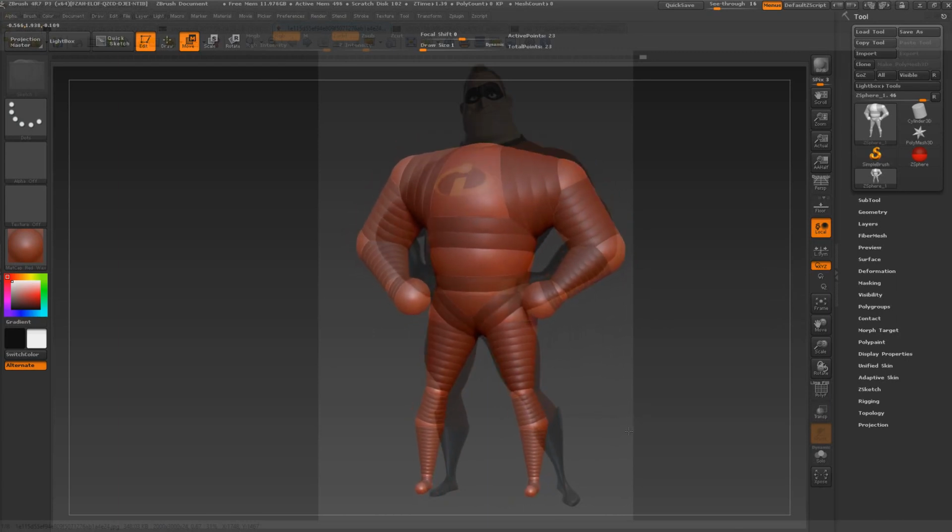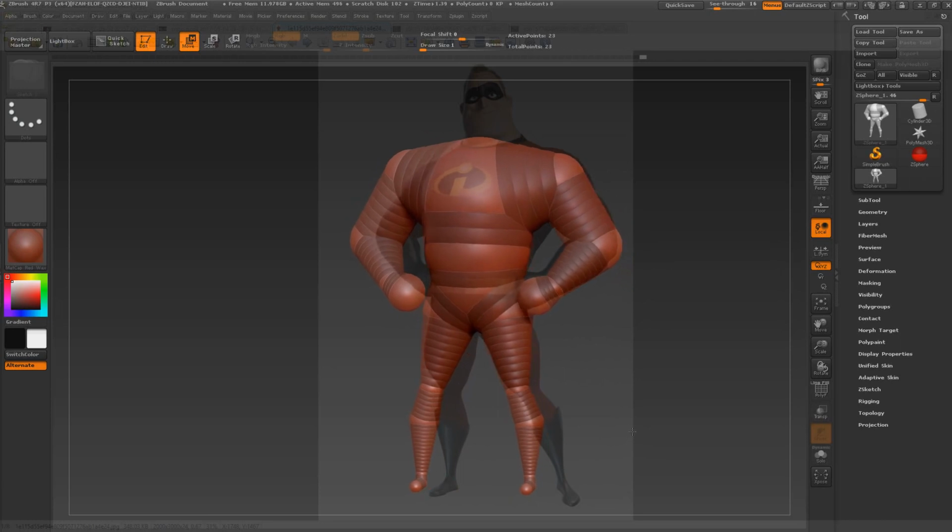Now I just want something that vaguely resembles his body shapes, but as you can see, if I move this around,